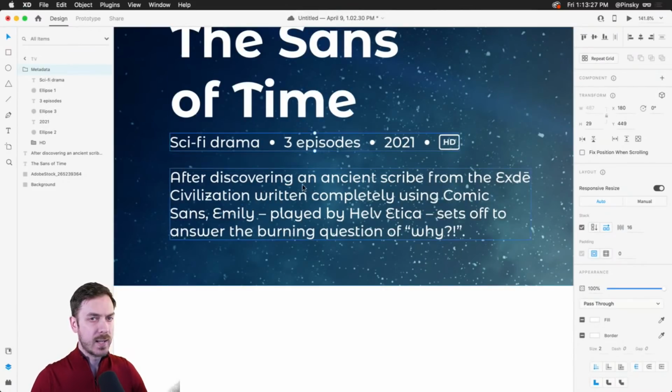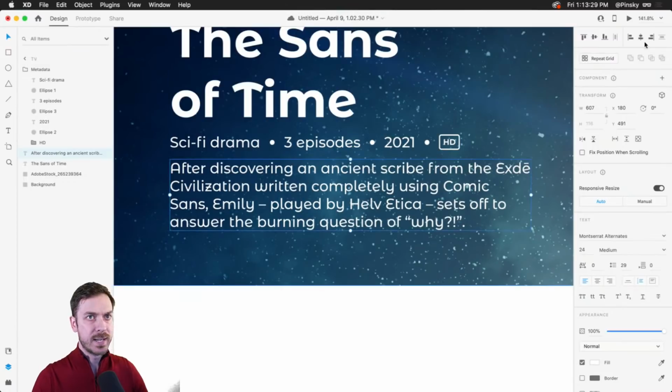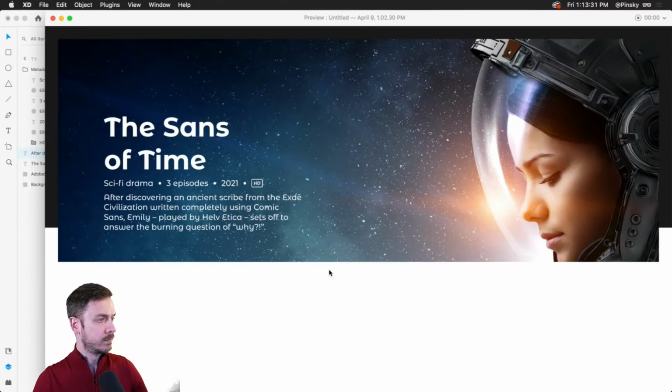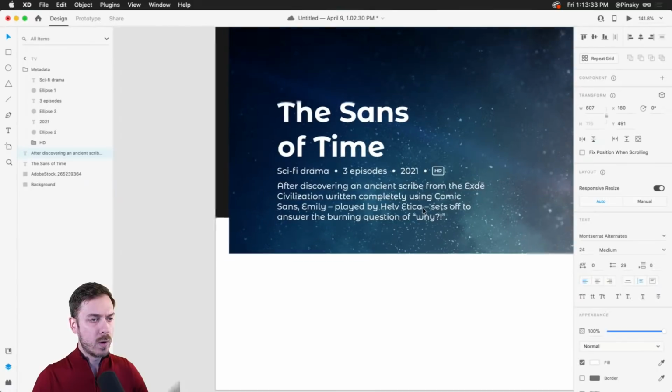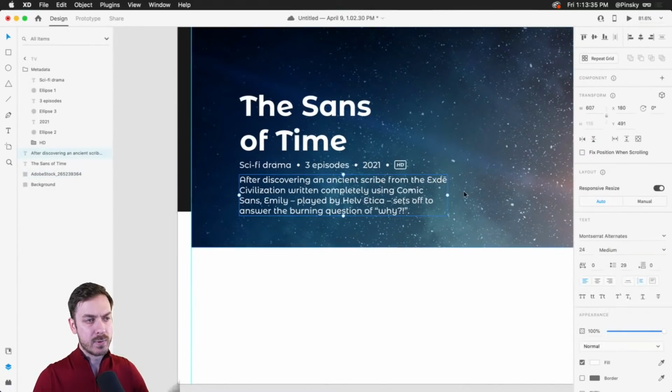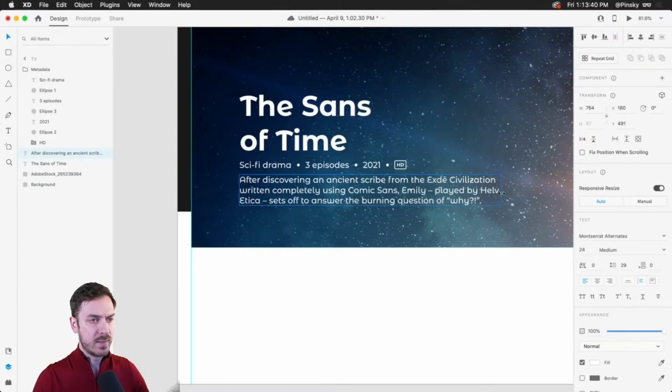All right, so that's looking pretty good. Let's take a quick peek at how things are looking. That could work. I think I might want to, maybe just so we have only 3 lines, bring this outwards. Something like that, just so we have a little bit more room down here, because eventually, at first this is going to be masked, but we're going to have some buttons, and when this particular series is tapped on, it'll expand to show more information, some episodes, some buttons, additional things that you can do.